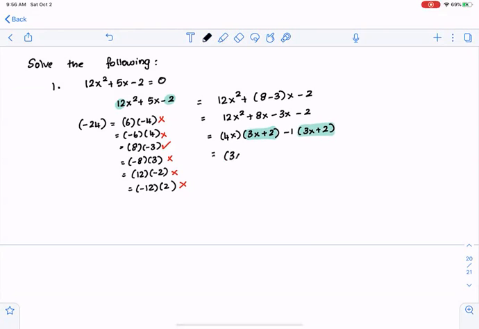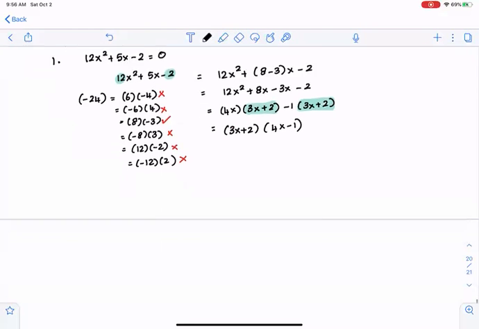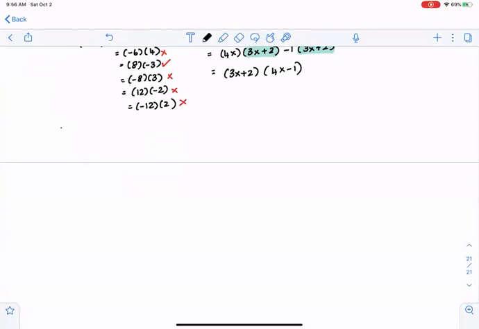If I pull that out, I have 3x plus 2 multiplied by 4x minus 1. So I have the factored form, so I could rewrite the given expression as 3x plus 2 times 4x minus 1 equals 0. This would mean I can set each factor equal to 0